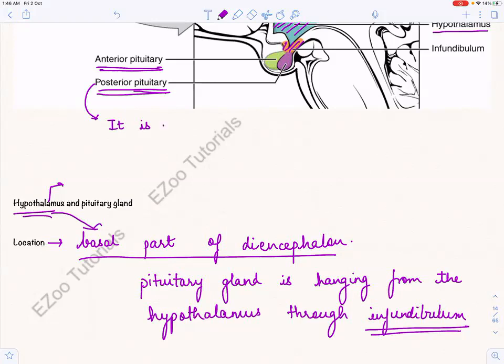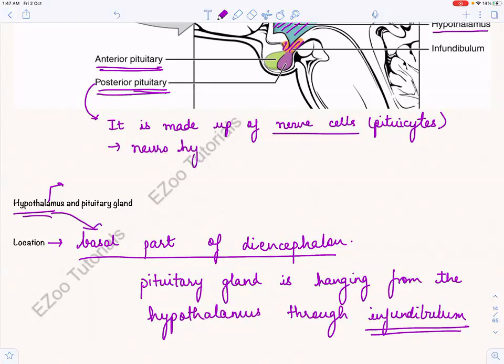So the posterior pituitary gland is made up of nerve cells, which are known as pituicytes, and therefore because of this reason it has another name which is known as neurohypophysis. Hypophysis is another name for pituitary gland, and basically it does not synthesize any hormones. It is basically storing the hormones as vesicles,